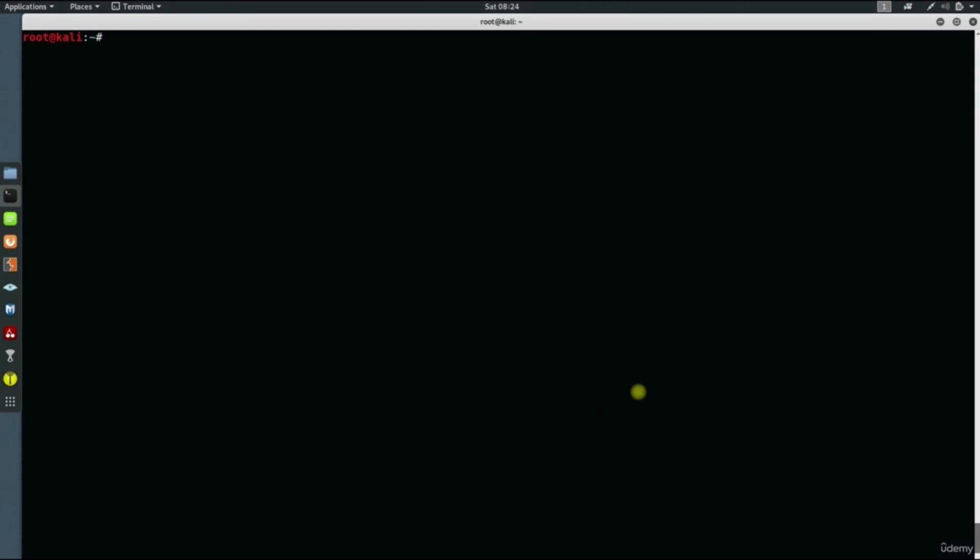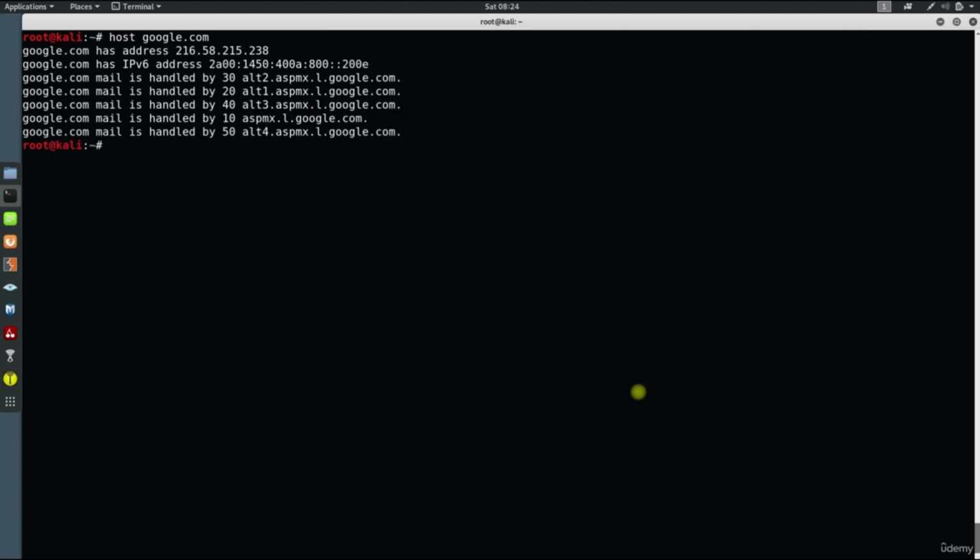So now I will run another WHOIS query. But first, let me get the google.com IP address: host google.com. The host command performs a DNS lookup, so when you give the domain, it returns the corresponding IP address. So type